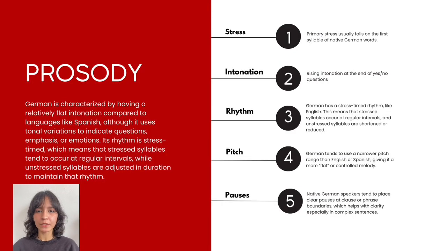Prosody. German prosody is defined by a strong initial word stress, falling intonation in statements, and a stress-timed rhythm that prioritizes regular spacing of stressed syllables. Compared to Spanish, German uses a more controlled pitch range and distinct pause patterns, contributing to the language's characteristic structured sound. Word stress. In German, the main stress usually falls on the first syllable of a word. For compound words, the stress is typically on the first part. For example,